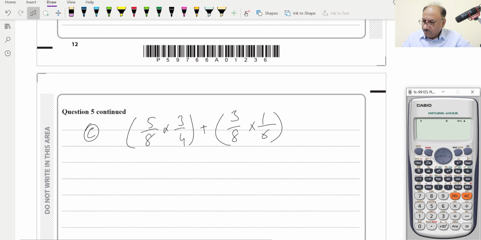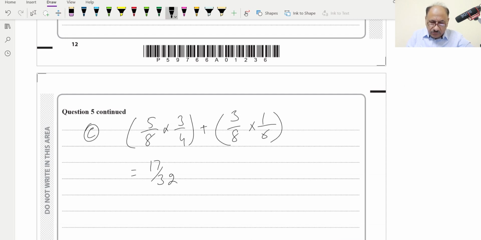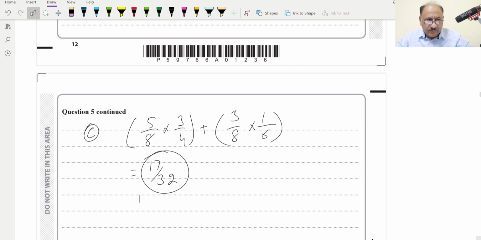So it will be 5 over 8 into 3 over 4, and this is equal to 15 by 32, plus we can write 3 over 8 and multiply by 1 over 6, and this bracket close, and this is equal to 17 over 32. So 17 over 32, this will be the probability for the C part. Now for D